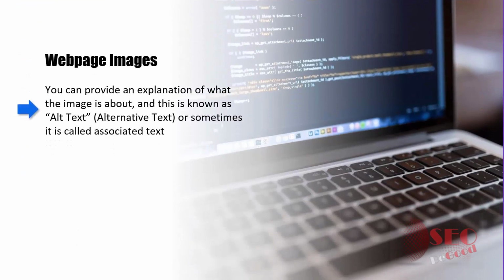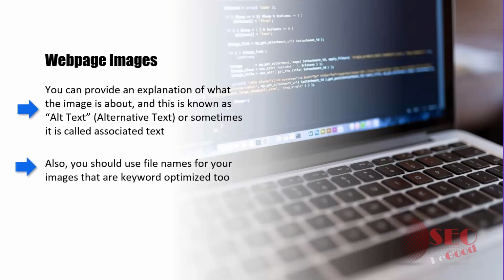You can provide an explanation of what the image is about, and this is known as alt text, alternative text, or sometimes it is called associated text. For all of your images, you should use your alternative text feature and insert your keyword. Also, you should use file names for your images that are keyword optimized too. An example of this for a dog training website would be to use a file name for your image like dogtraining.jpg or